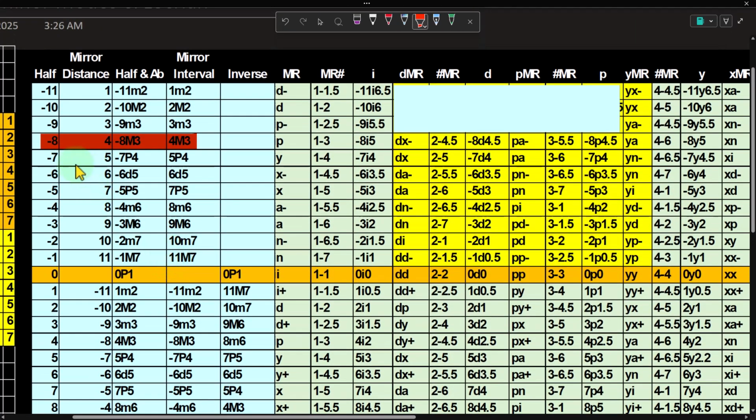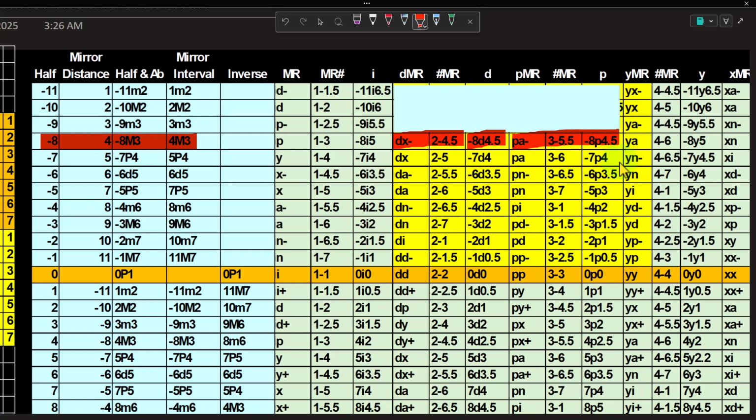Normally, we would say, well, if I go 8 steps back, I'd have to say 12 minus 8 would be 4 forward, which I'd have to know is a 4-note away major third, and therefore the major third could go forward 4 or 8 back. But I'd rather say it's from the perspective of the Dorian, a DX negative modal range, or a 2 to a 4.5 modal range, or a -8 steps counterclockwise from the Dorian mode, which would be a -4.5 modal half step counterclockwise. From the Phrygian, it would be a PA negative modal range, a 3 to a 5.5 modal range,